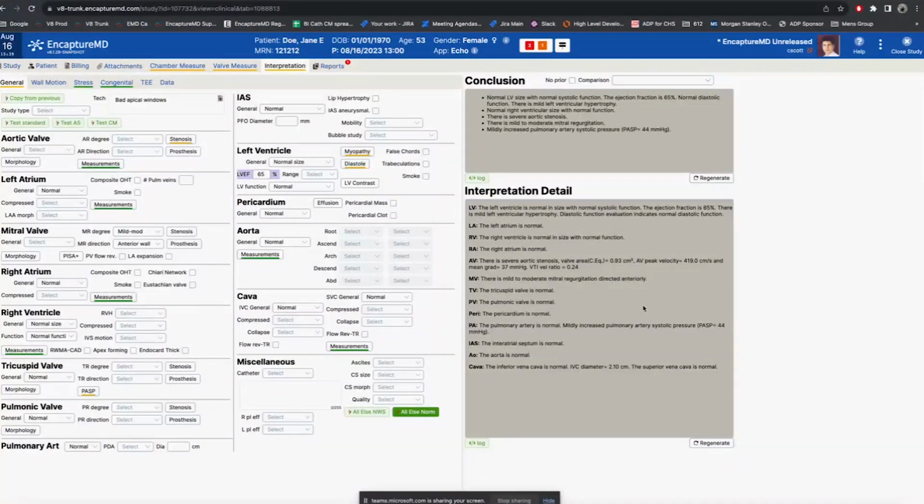So if you're transitioning from dictation or paper systems, this is a monumental leap forward. Even if you're transitioning from maybe a different reporting system that has some similarities to this, I think the docs, once they get used to this, will find that it doesn't have a lot of